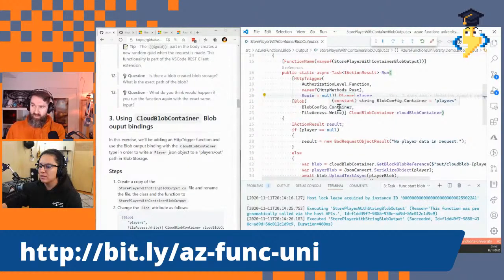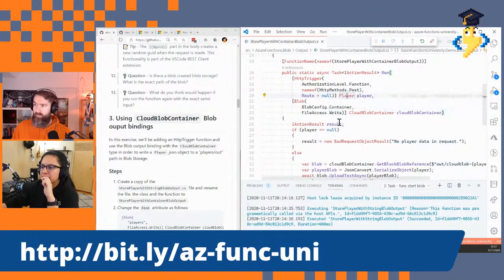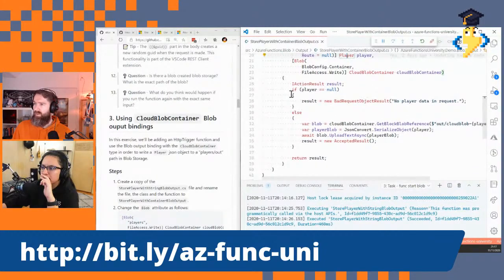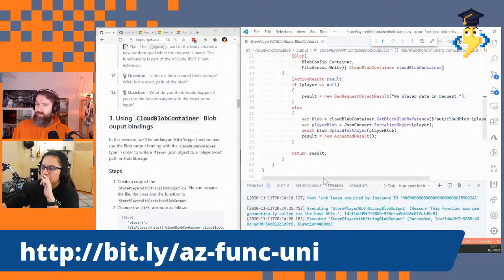So in this example, I'm only specifying the players container. So I'm not specifying a complete blob path to a blob file in the attribute here. Only a reference to the container and that I'm writing to it. And then I'm using a different type, the cloud blob container, which is a reference to the players container. Then I do the same null check as before, but then in the else statement,